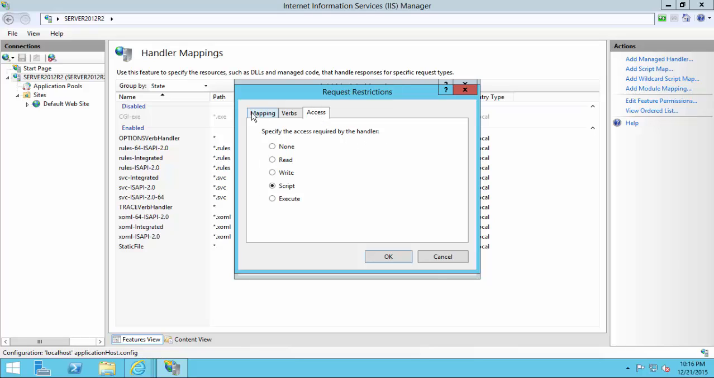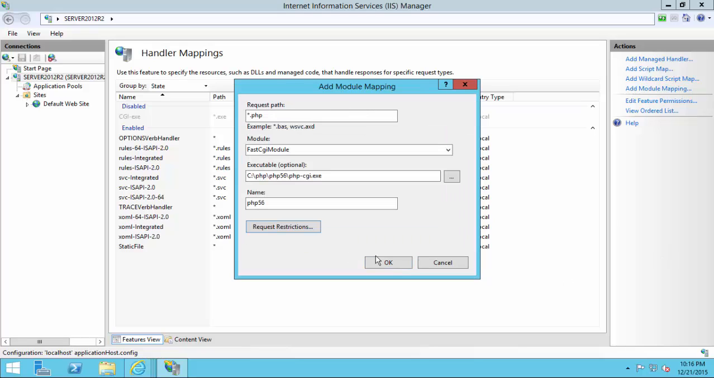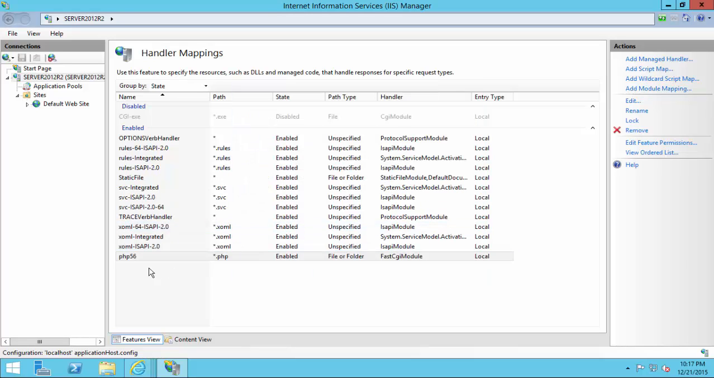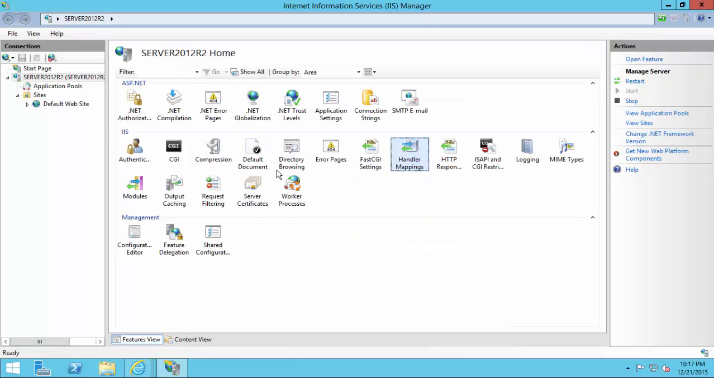Access is script. Everything looks fine here. Click OK, and it's going to give me a dialog about if I want to create a FastCGI application. Click yes, and my PHP is added here. Now going back to